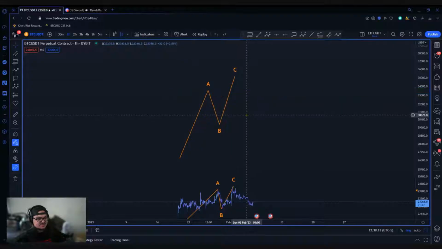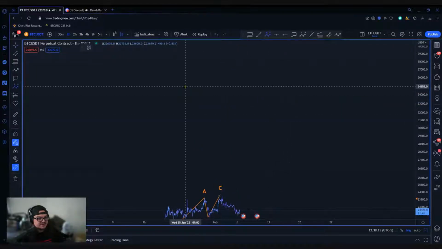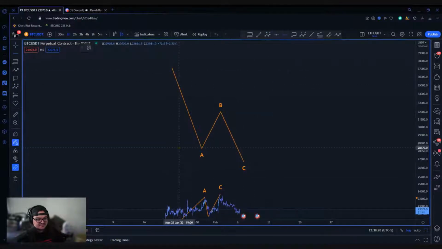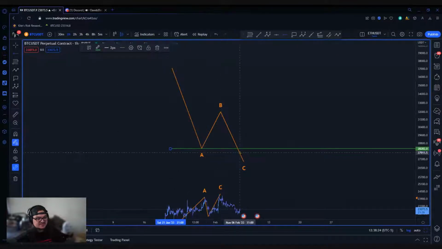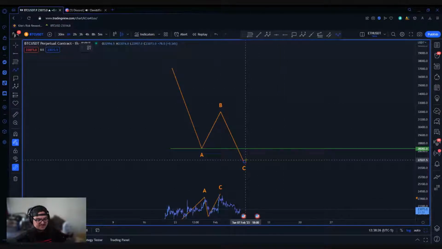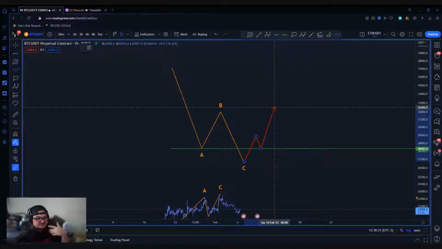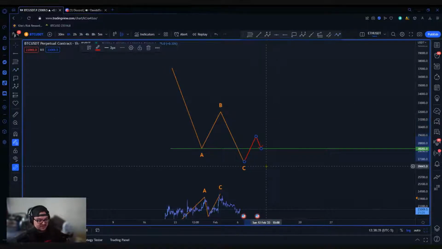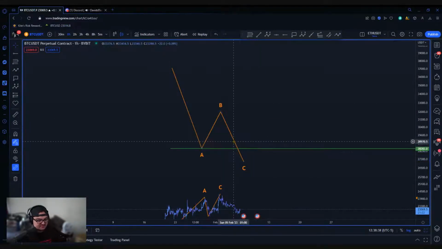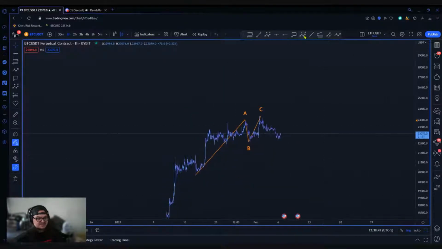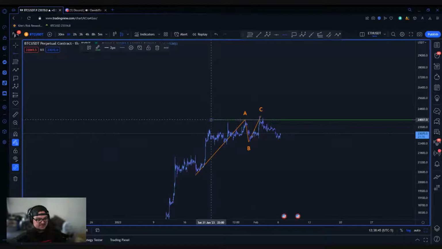Vice versa with the long position. If we're looking for an ABC to the downside or a bullish setup, that's usually what I would refer to as. We have an A to a B to a C, and basically once price gets back below the A, we're waiting for price to come back above and hopefully put in a much larger reversal or a continuation of the larger trend. I'll go over the differences between both shortly, but let me just show you guys the positions I'm currently in and what I'm currently looking for.